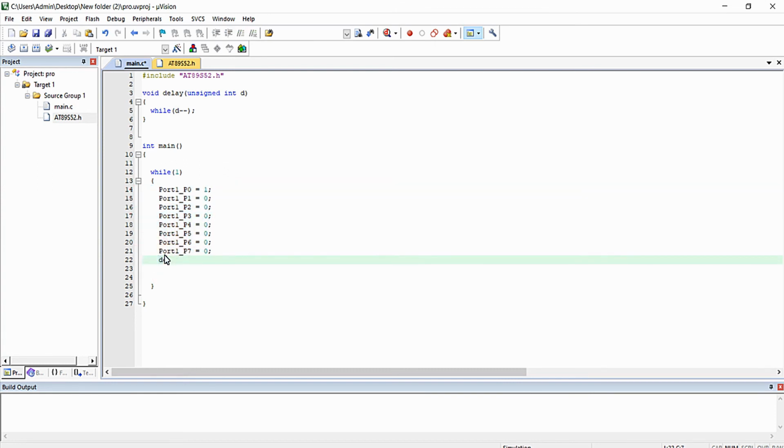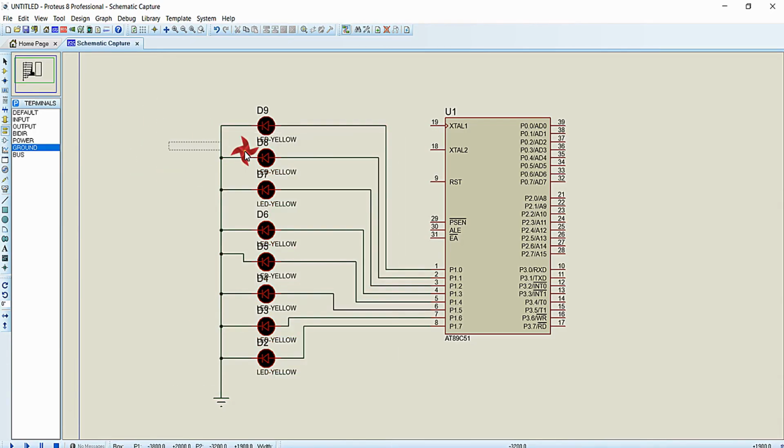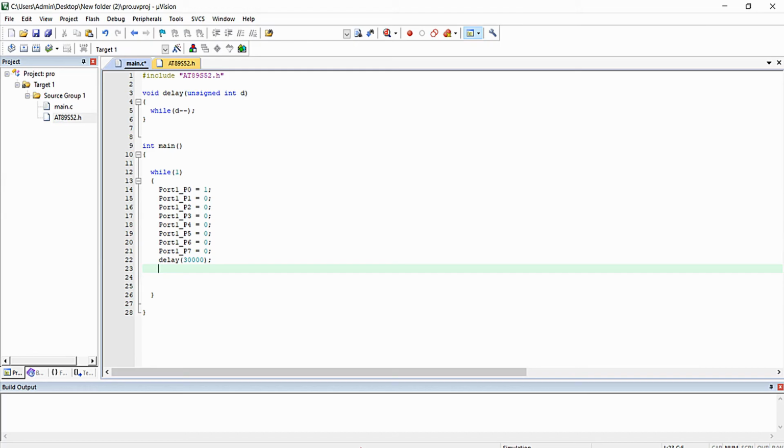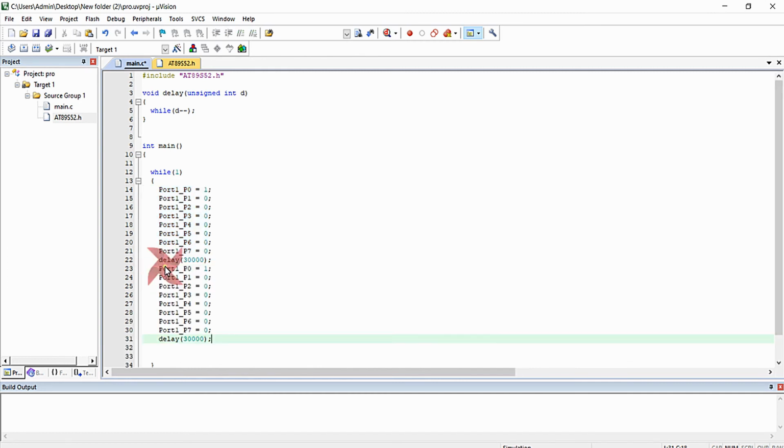And then we just want to wait here for a particular period of time. Let's say I am waiting here for delay of 30,000. And after this delay, the next step is we just want to turn on this LED and all the other LEDs off. So I am writing like this.